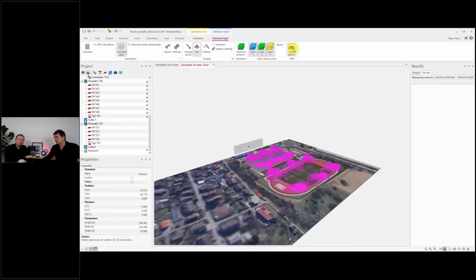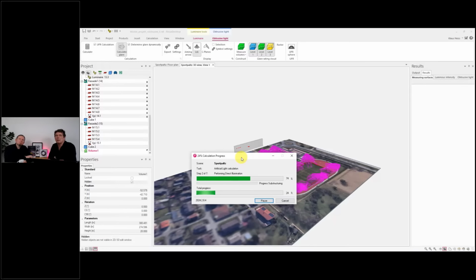And you have here the possibility to activate it, but first we have to make a calculation. You can start a calculation with or without a UFR calculation. The UFR calculation needs a little time, so you don't want to have it each time you are in the planning process of the luminaires. So just at the end, you typically want to activate this button, and then we can start a calculation. We have to use the calculation process here,